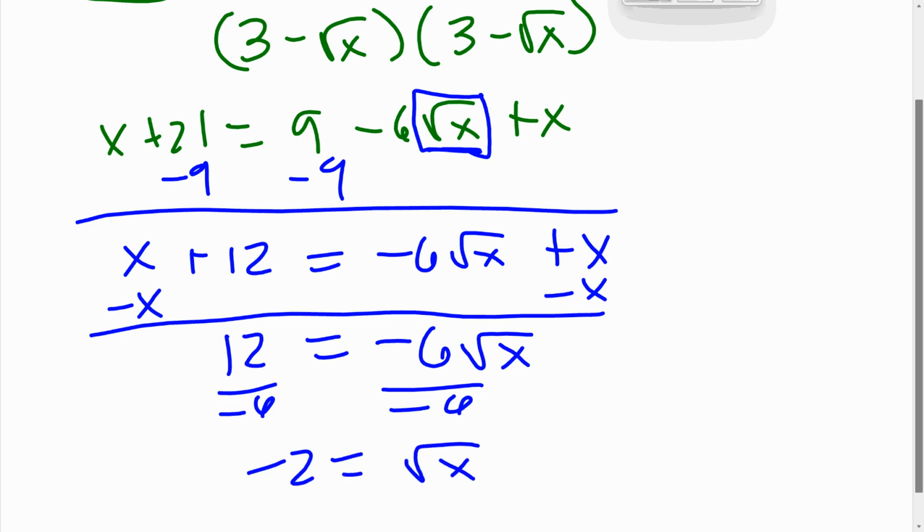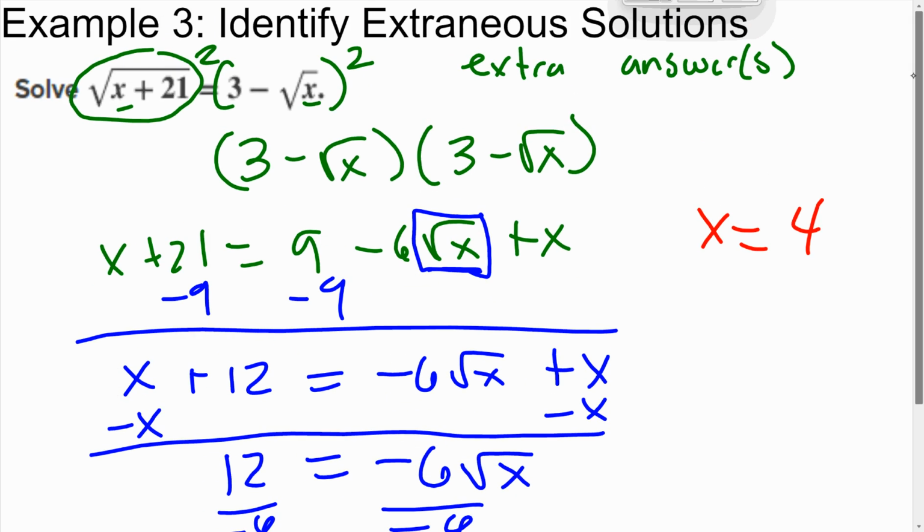Now here's the second thing. I isolate that radical, and now I got to get rid of that root, so I square both sides, right? And so since I squared twice, I get 4, right? So now when I go back and check my answer, I just get x equals 4. And now when I check that, I plug it back in, I see that I get 4 plus 21